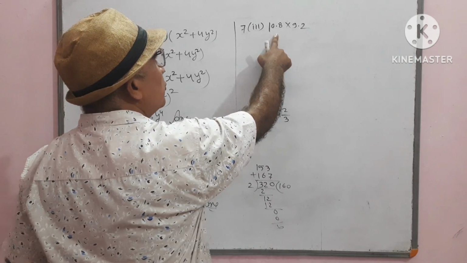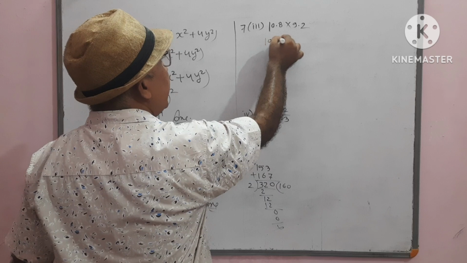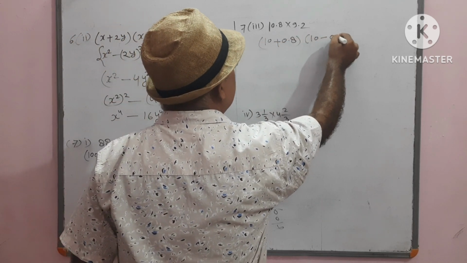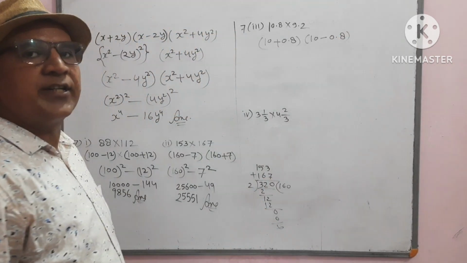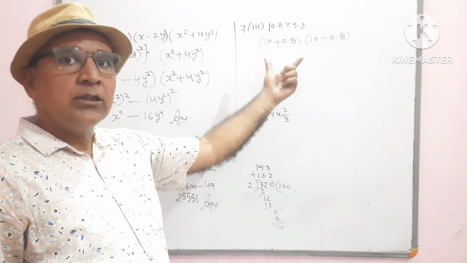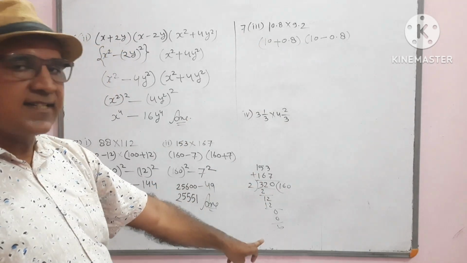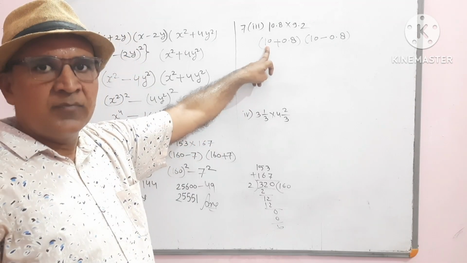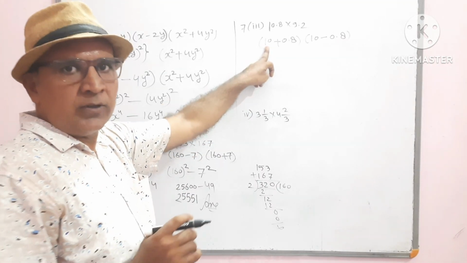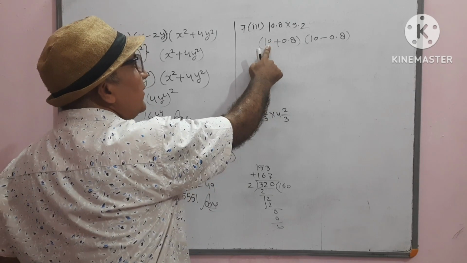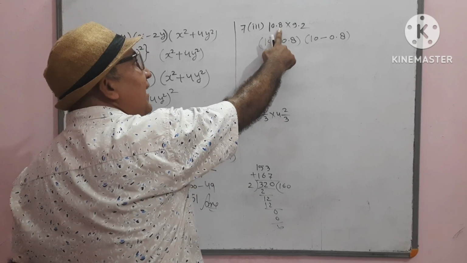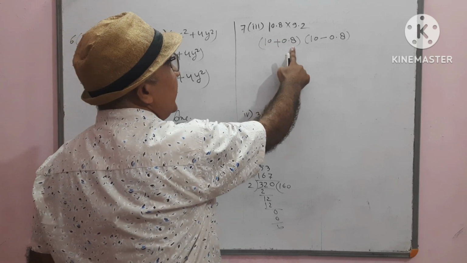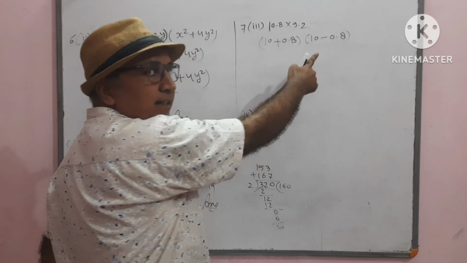Same process we are going to do here also. 10.8 can be written as 10 plus 0.8 and 9.2 can be written as 10 minus 0.8. How I have got it? Though I have done orally, you can follow this method. Add both the numbers and divide by 2, you will get the first term. That means value of A you can find. Okay. Now if you got 10, with 10 definitely we will add 0.8 to find 10.8. That is why this one is 10 plus 0.8. Then second bracket will become 10 minus 0.8.